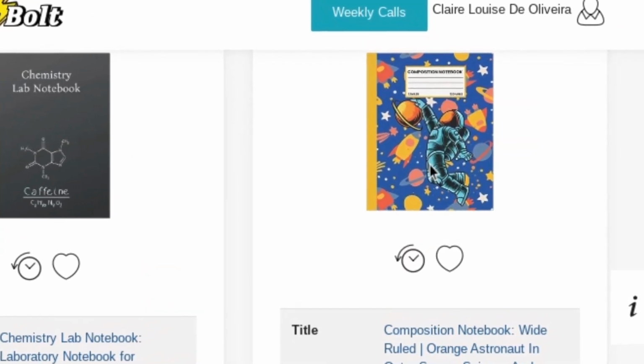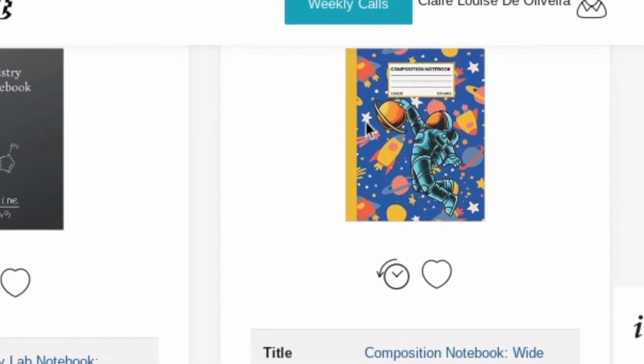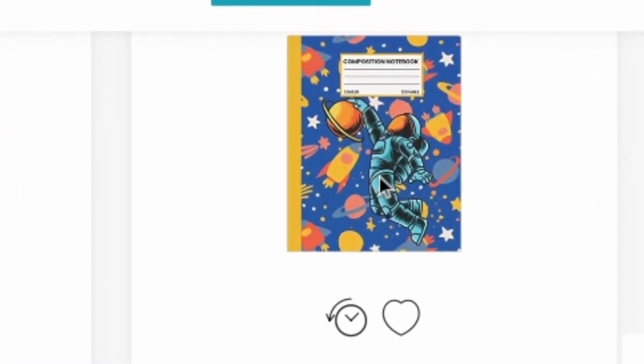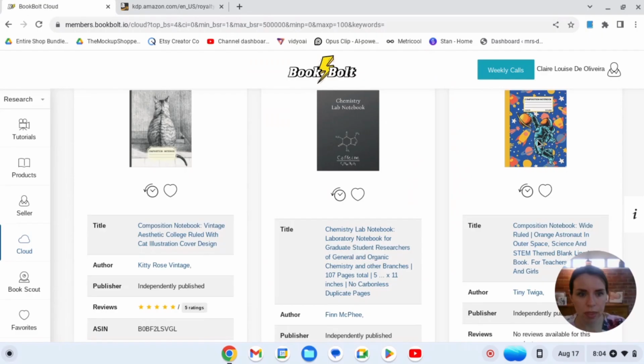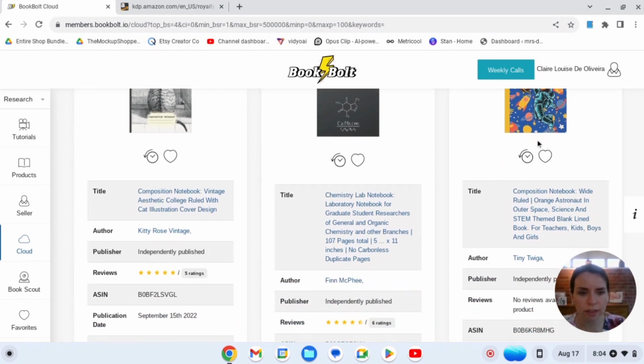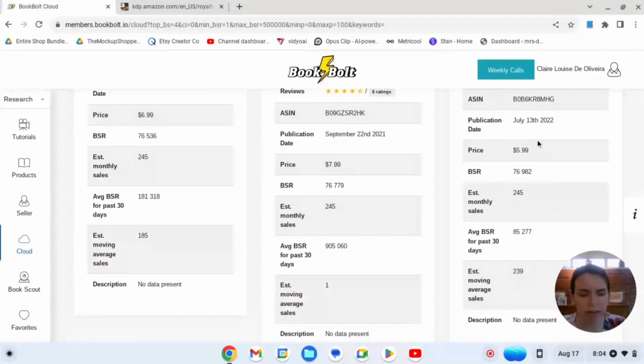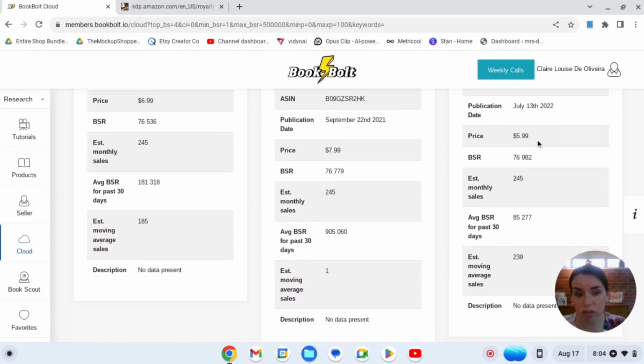Now, something like this space book here is absolutely beautiful. If you have a look at the colours on that, if you were looking for a notebook for kids, for school, for a science type thing, this book here is definitely going to stand out. Interestingly, they haven't got the sizes. It's $6. Average BSR of 30 days,